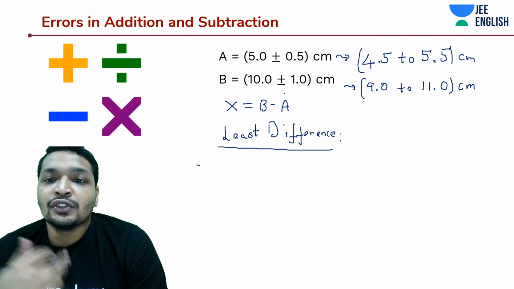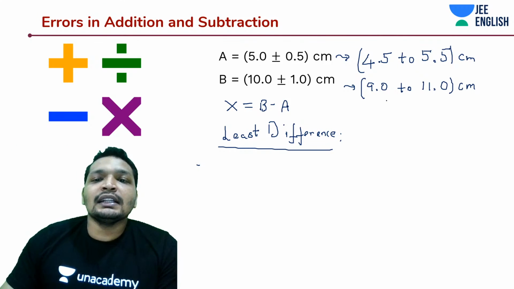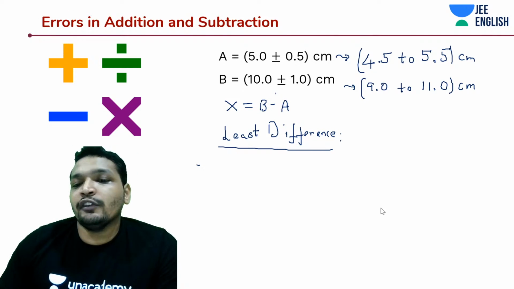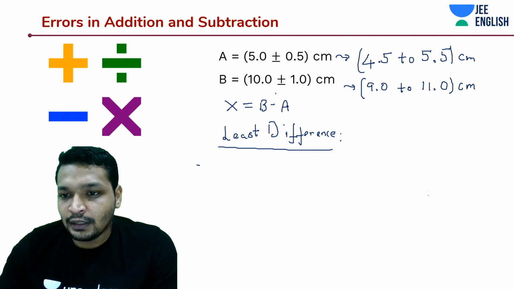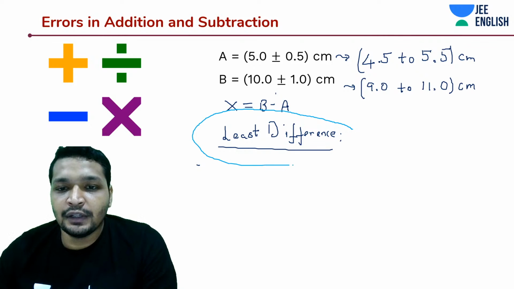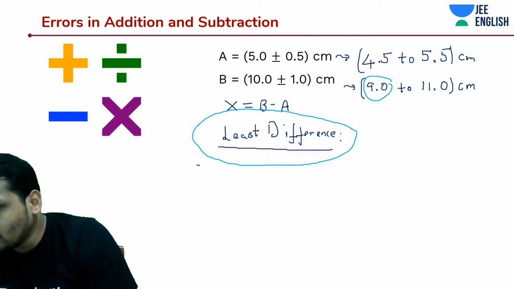So what is my least difference? I have to take not necessarily the least value, but the max value of A and the least value of B. Let's do a thing. Highlight this. I'm going to take out the least difference. In that case, which are the two quantities that I need? 9.0 and